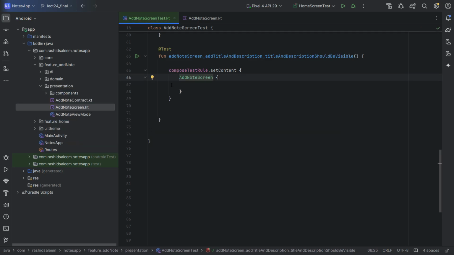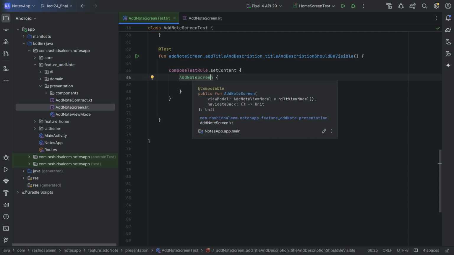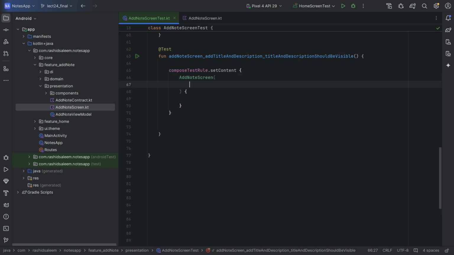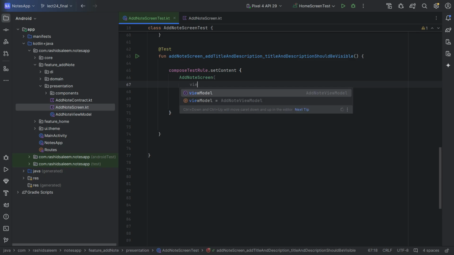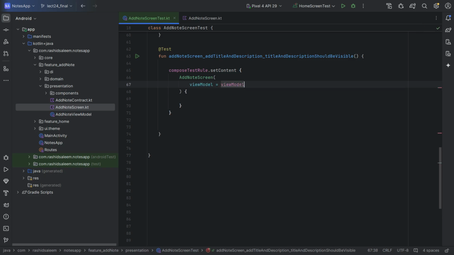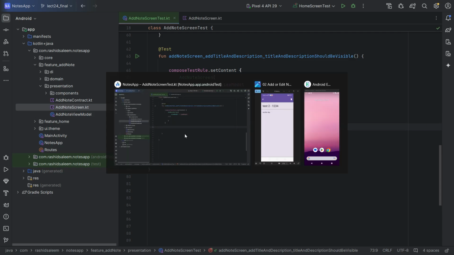So in here, compose test rule set content, and in here we will use our add node screen and pass the view model, the view model with custom dependencies which we have. So view model is equal to view model. So yeah, this is it to present the UI screen during the test. So now we need to